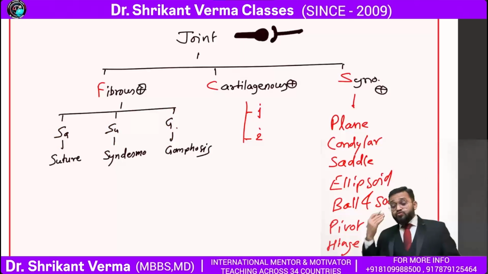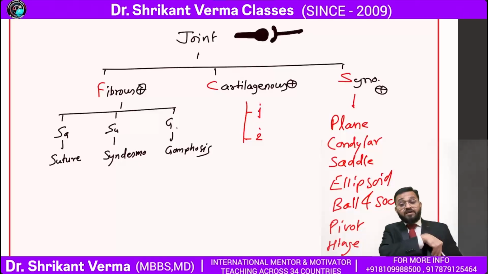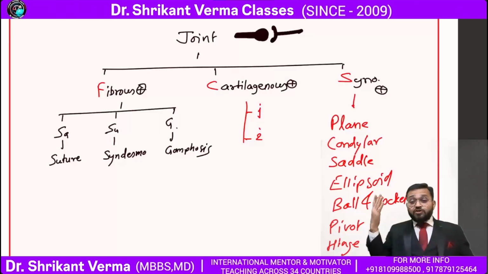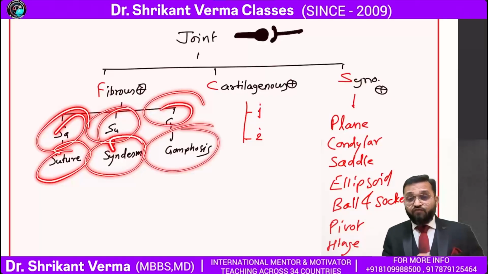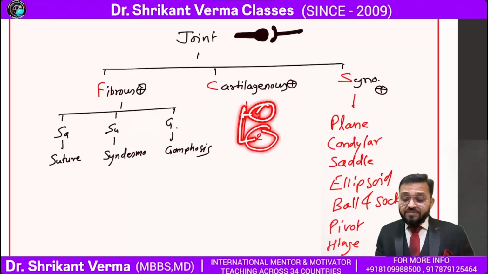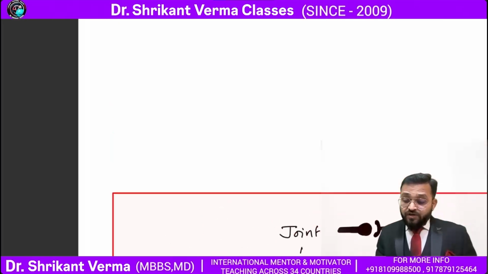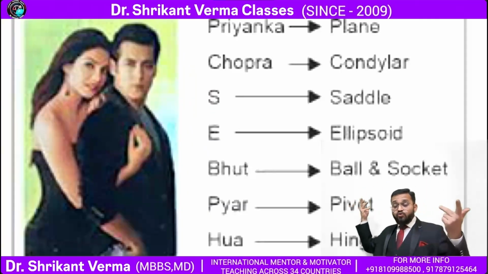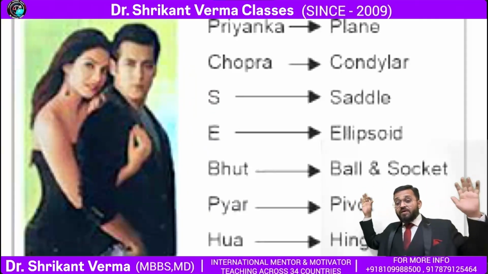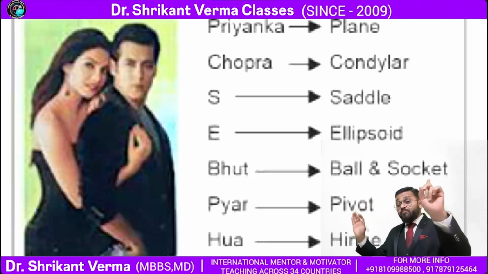अर्ज किया है कि स्टूडेंट की भी क्या लाइफ है, ना हस्बैंड है ना वाइफ है। ओके, तो इस तरीके से हमने एक बढ़िया सा फनी लाइन बोला था और सासू माँ को याद किया था। एस फॉर सूचर, एस फॉर सिंडेस्मोसिस, जी फॉर गॉम्फोसिस। Now cartilage joint, primary and secondary. Now the synovial joint, the brand ambassador of the anatomy, means Salman Khan boy. वसुधैव कुटुंबकम, समस्त संसार को अपना परिवार मानो, सभी से प्यार करो, भले शादी मत करो